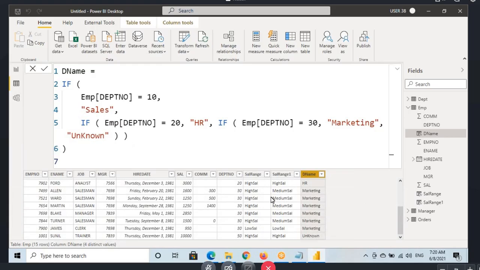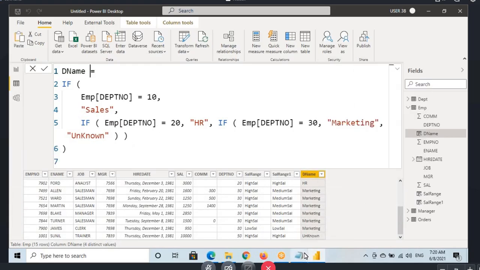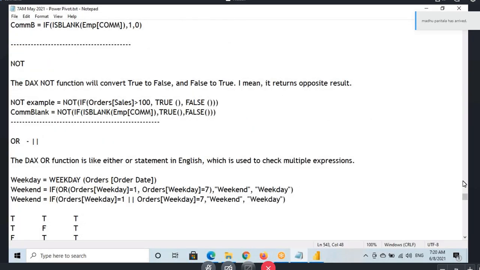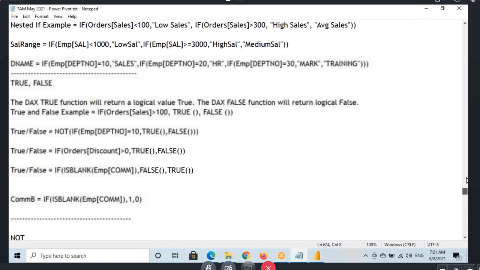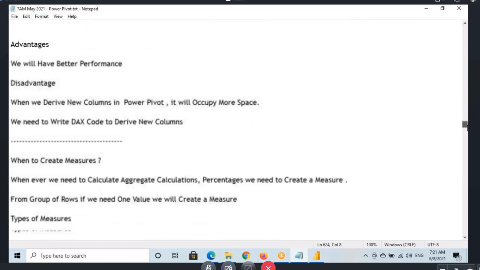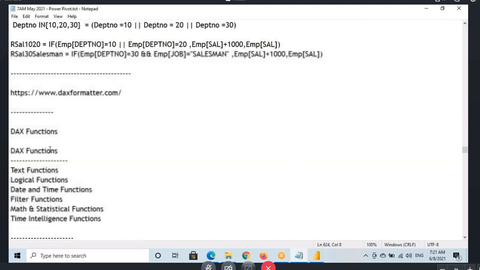So when you have more number of conditions, rather than nested if, better to go with switch, guys. Whenever we need to write multiple conditions, rather than nested if, switch is the best one. I'll discuss the switch in a few minutes. Switch is the best one. The next one is